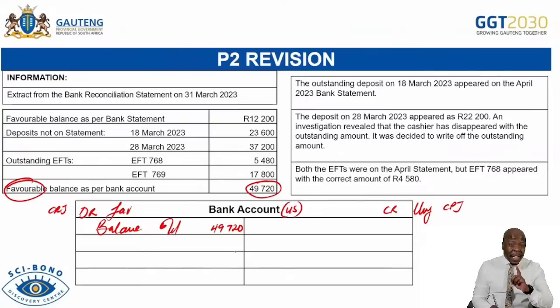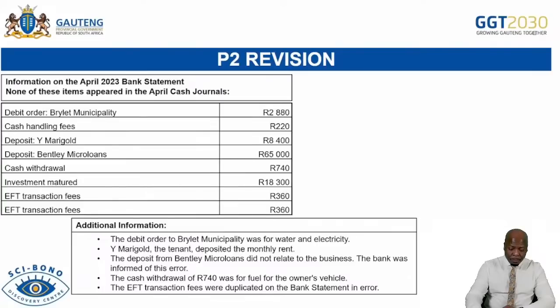But what is of great importance is to use the method that you are used to in the classroom. If you use the line method, stick to the line method. If you use the T account, then use the T account. What is of great importance is you continue doing what you've been taught by your teacher in the classroom to assist you to get as many marks as possible. All right, so we're going to move on from here.